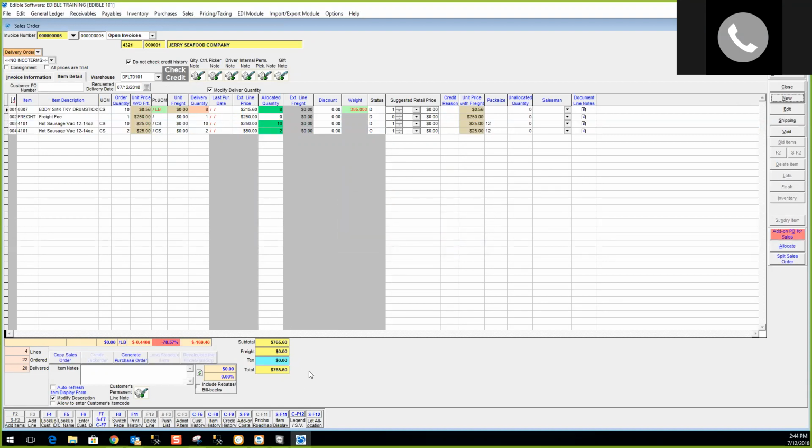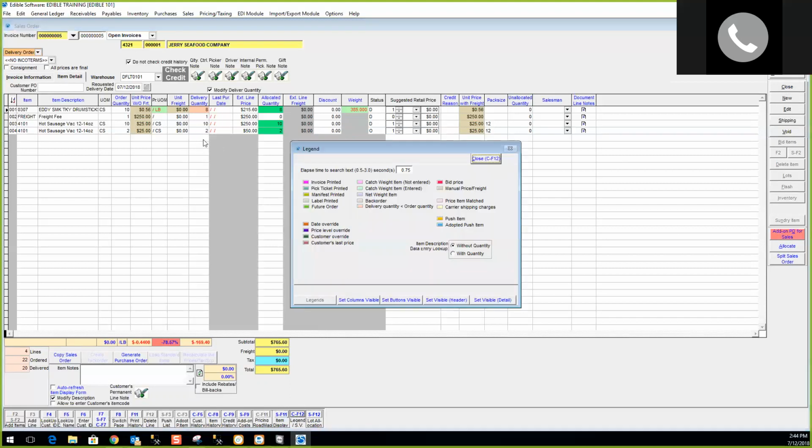All right, some of the other options down here that I definitely want to show you. If you're not familiar with this one down here, this Control F12, this legend, maybe you've looked at it before and you say, oh, okay, it just shows me the colors in the system and what they mean. It's all well and good, but things have changed. We have actually updated this screen with a lot of cool features, including many of you I know wish that